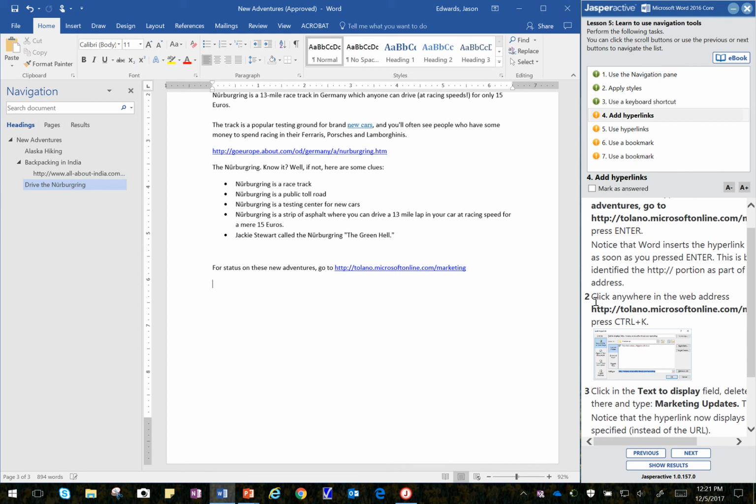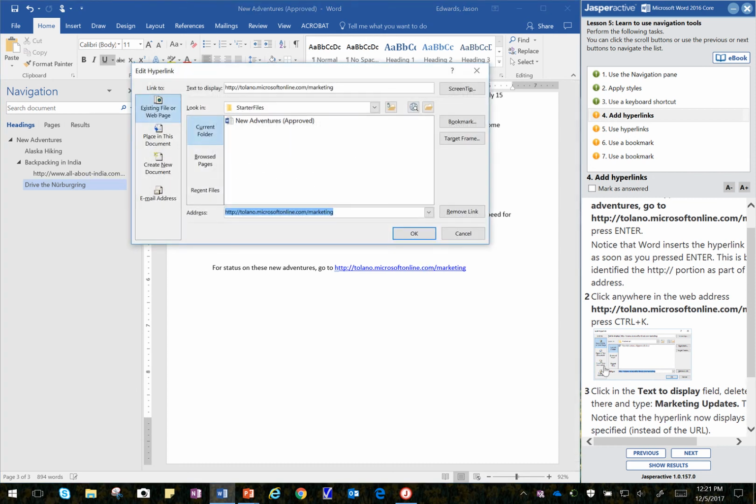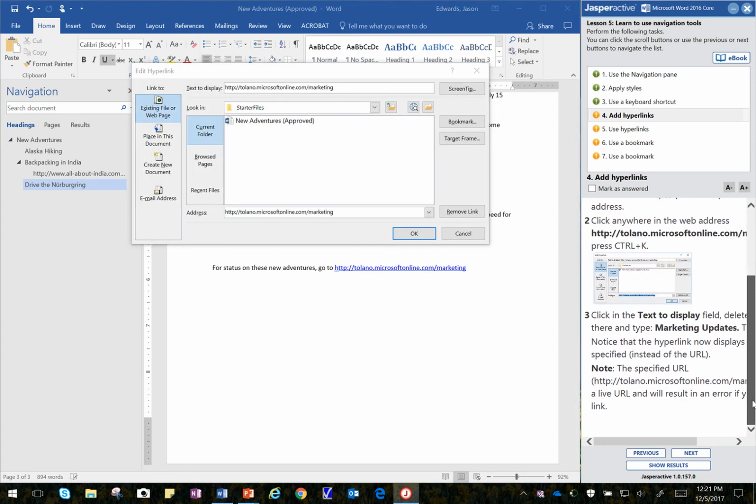Step 2 here, it says click anywhere in the website address. I click anywhere, and then I'm going to go Control K. Now it says click in the text to display field, delete anything there. This is the text to display box. Oops, wrong one. That's actually the website address. I go up here, and it says to delete all that, and then I'm going to key in